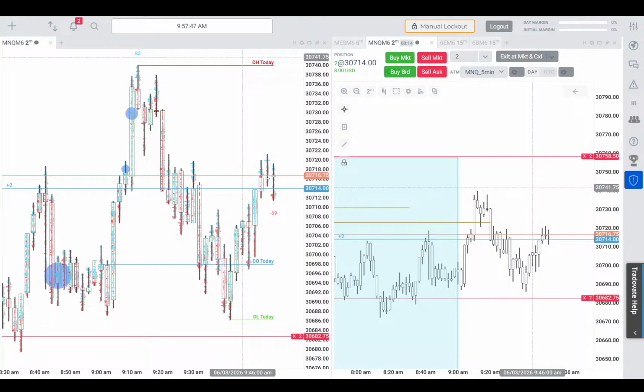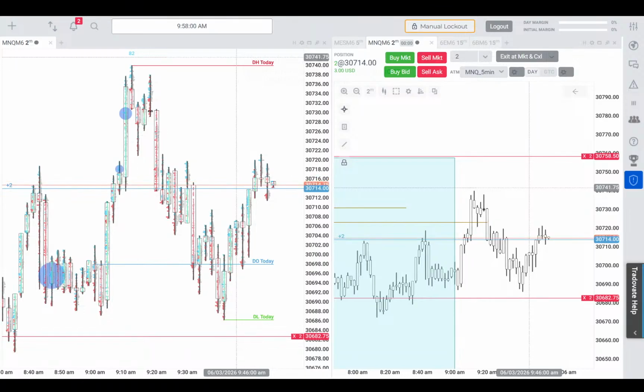Yes, yen retraced into the hourly 4-hour gap, actually. Aha, I see. Yen structure separate from the... It is, but